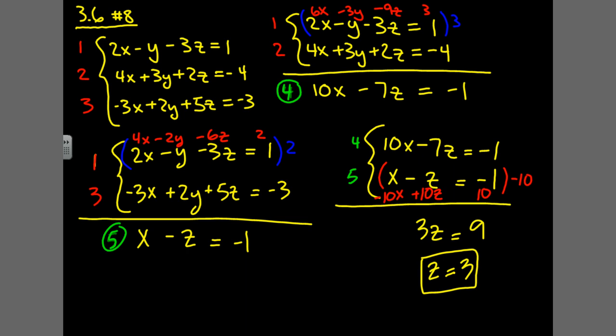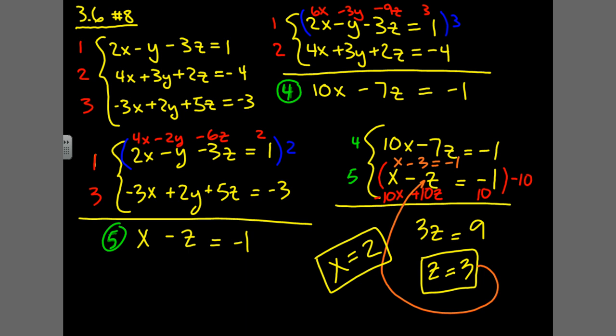Everything from this point is now substitution. So now I'm going to go ahead and take that 3 and plug it into the easiest equation from 4 and 5 to solve for x. So if I put it in there, I'm left with x minus 3 equals -1, and that will happen when x is positive 2. So now we found our x value to be 2. And we're almost home free. We have 2/3 of our